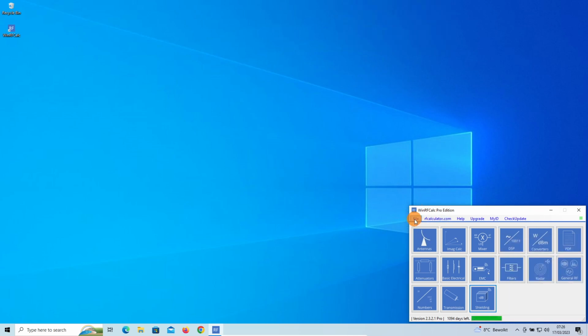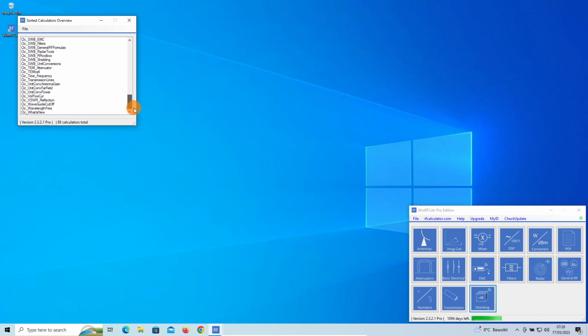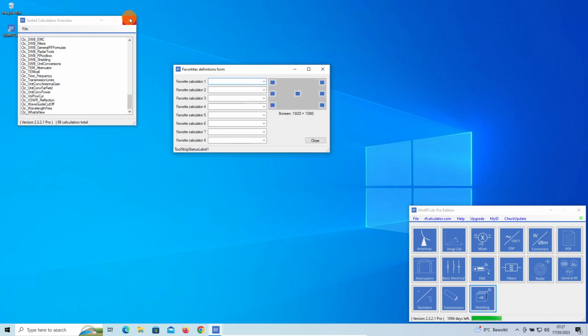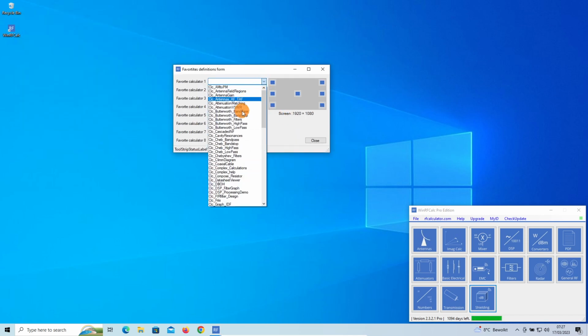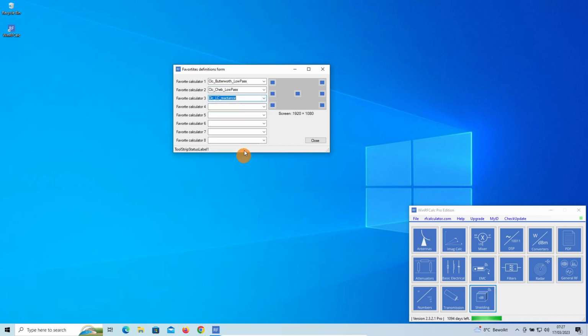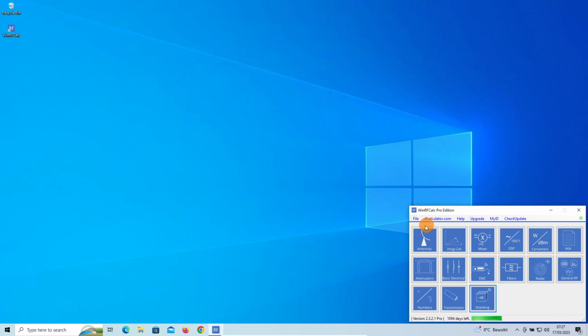If you look into the menu, what you can do with the menu in the calculator, this is a list of all available calculators, and this is a nice one. If you have a list of calculators you're often using, you can say, well, I have calculator 1, I want to use this one, and I use this one here. I have also the LCRX, so we define here 3 popular calculators, and I want to position it on this place on the screen. So then I say close,